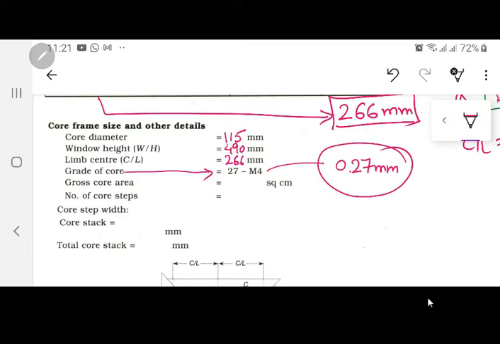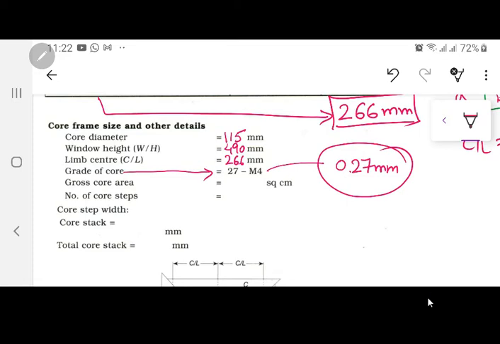Okay? Now since I only have this chart for 0.27 mm, that's why I am using 0.27. Supposing you have a very good manufacturer of those sheets and that is 0.25 mm, you will have a different chart, and certainly that will be smaller, because the lesser the thickness of the lamination, the lesser are the eddy current losses. Okay? Since I have this table in this book, I will show you this one also. So this is the 27 M4 chart, and you can see two curves. Two curves are for 50 Hz and 60 Hz. Okay. So we'll come to this, and most probably in the next lecture we will find out the active losses there.